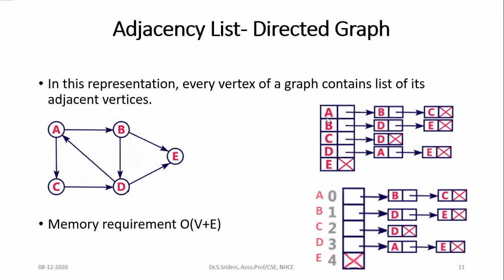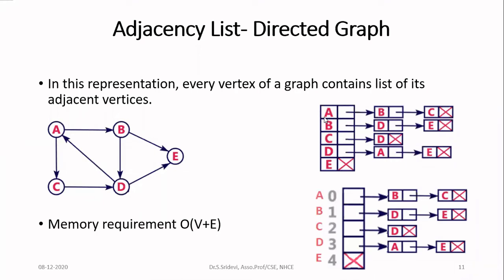So you represent now from A, connection to B, and then connection to C. Since we have 2 nodes only, after you write the last node, you will write null there because it is implemented as a linked list. You know that in case of a single linked list, every node will have 2 fields. The first one is the data field, another one is the pointer field. In the data field, you are going to write the ID of the vertex. In the pointer field, you will write the address of the next node.